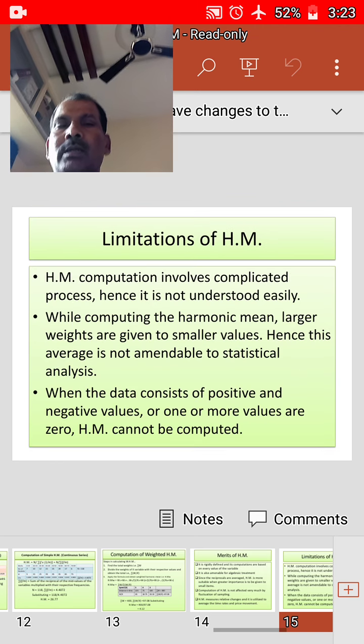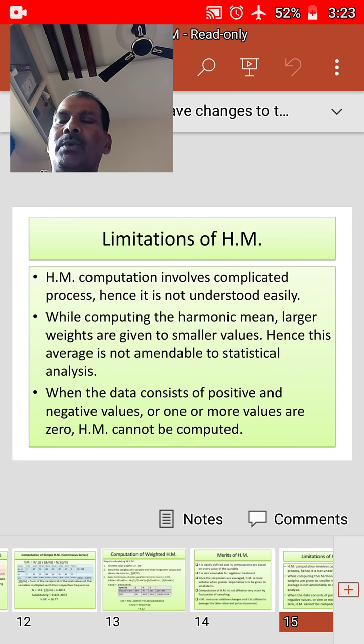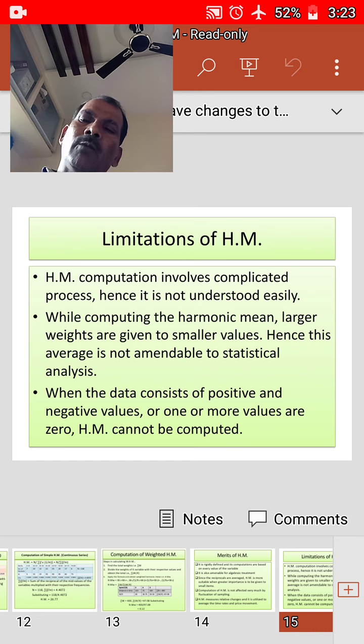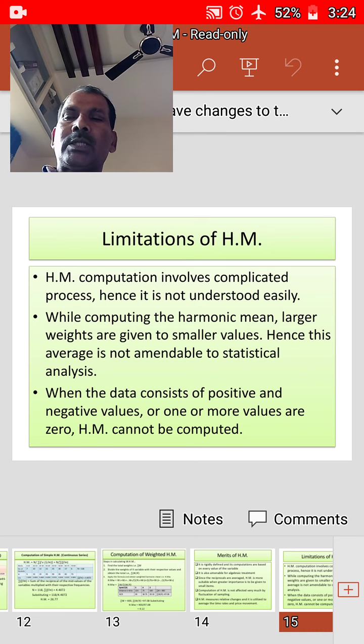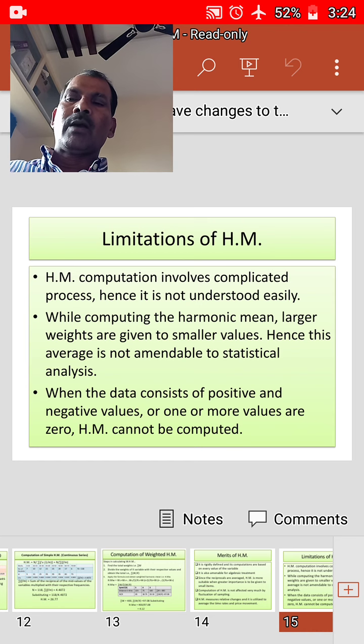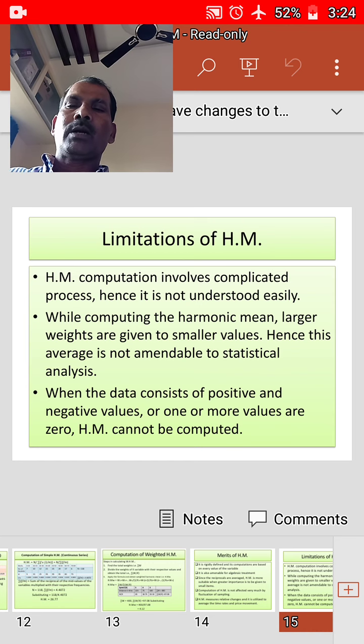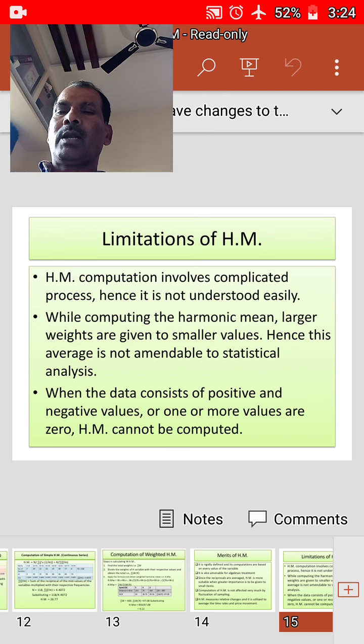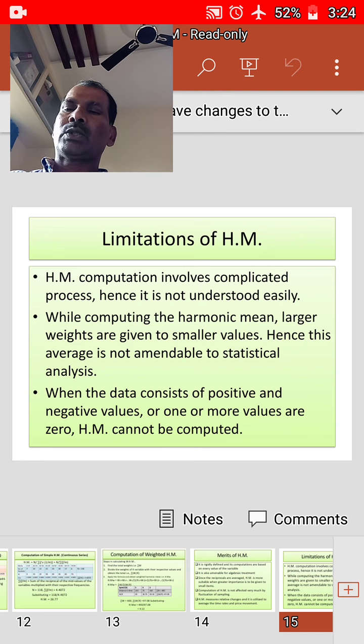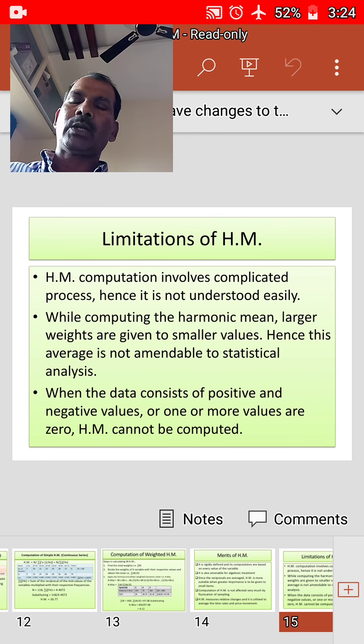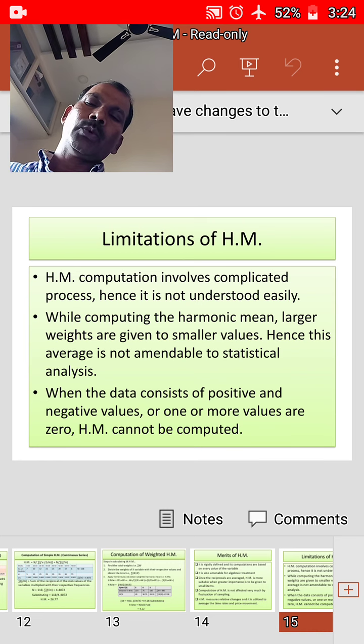Next, limitations of it. Computation of harmonic mean involves complicated processes, hence it is not understood easily. While computing the harmonic mean, larger weights are given to smaller values, hence this average is not amenable to statistical analysis. When the data consists of positive and negative values, or one or more values are zero, harmonic mean cannot be computed from such